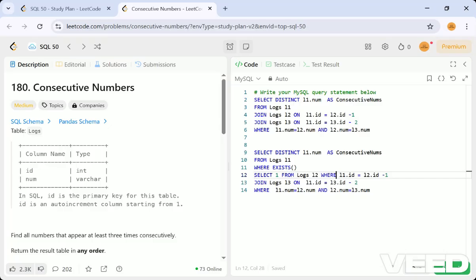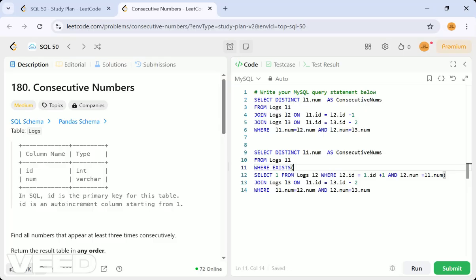This also satisfies if it is fine, or you can have L2 is equal to L1 plus 1, like this also. This is also similar. The same case, that is minus 1 and plus 1, that is not a problem. And we can have a num check also. Num is equal to L1 dot num. Instead of this join kind of thing, I'm just adding exists as an inner query for this.